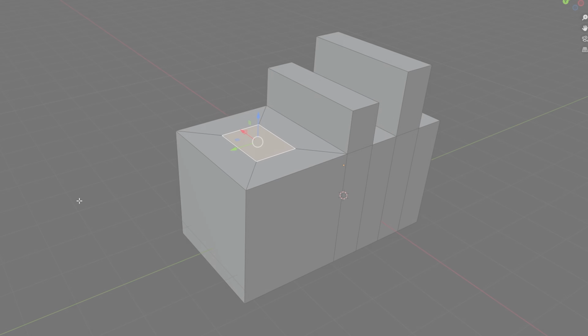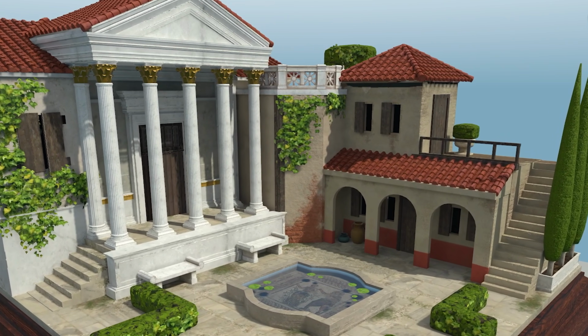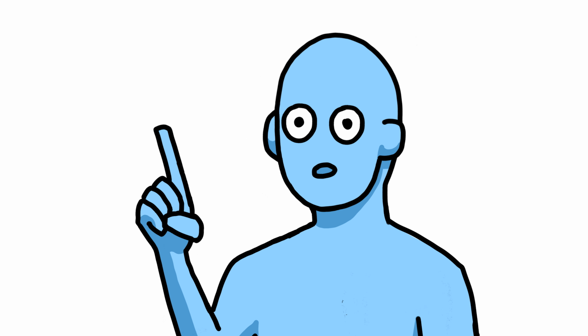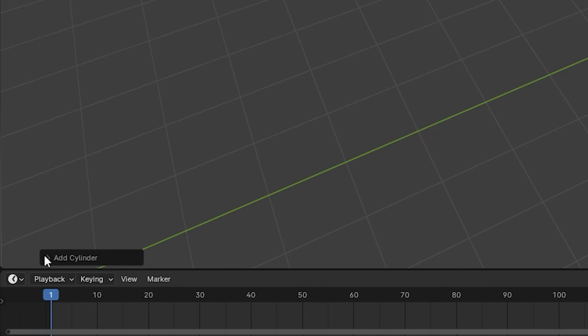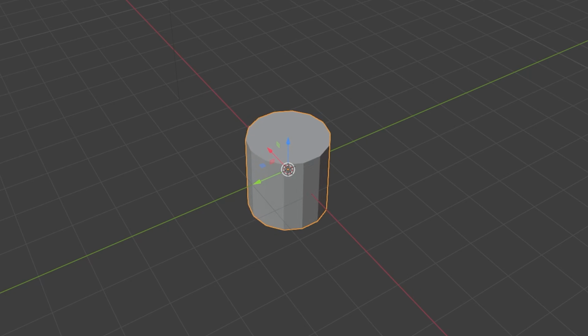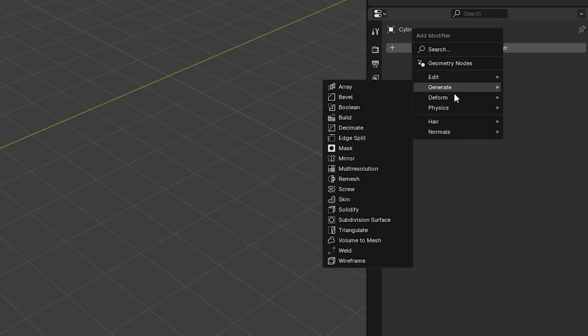Look at what we made. Look at what you made. You're nearly a Blender professional. Here are a few parting tips that I think are essential. When you add a shape like a cylinder, cone, or sphere, you can edit the amount of faces in the lower left here. Modifiers are awesome, and there are over 100 million of them, or so it seems, but you